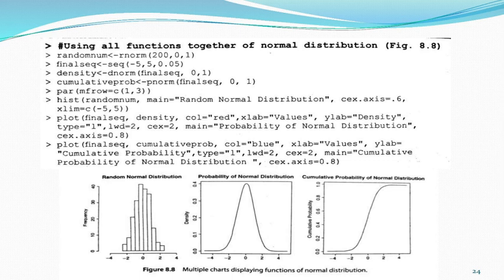The next functions, dnorm and pnorm, are used for probability densities and cumulative probability densities. The par function helps display 3 charts in one figure, since the value of the argument mfrow is c(1, 3), which further means that there are 3 images in one row. The 3 different images correspond to rnorm, dnorm and pnorm.